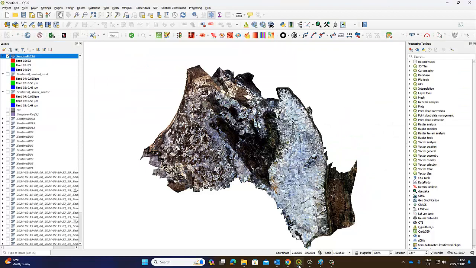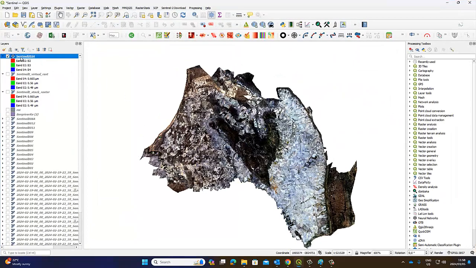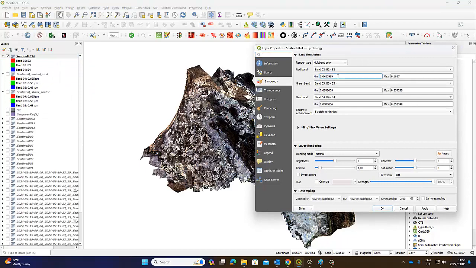And in QGIS, it looks like that. So that's the difference between the two. Exactly the same, but you see here's the range 0 to 0.3, and that is the difference now between the colors, because here the ranges are very, very different. So if we make the range 0 to 0.3